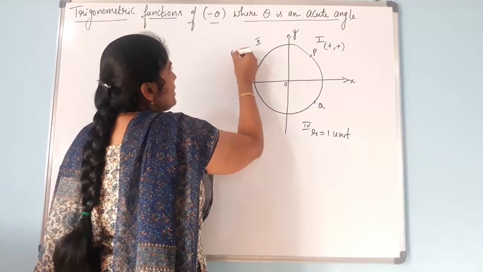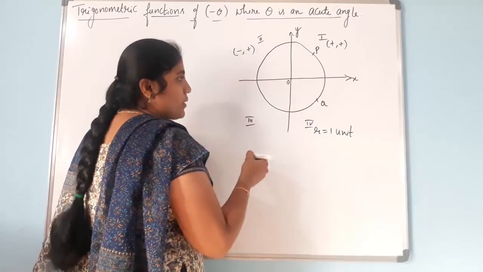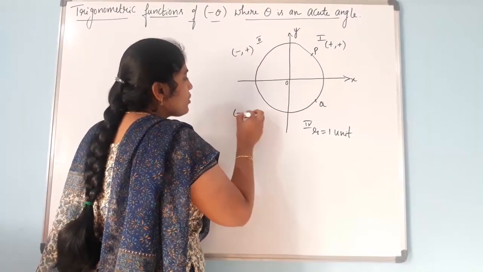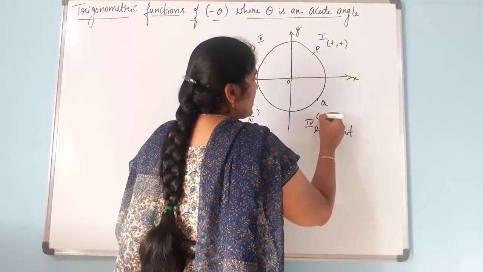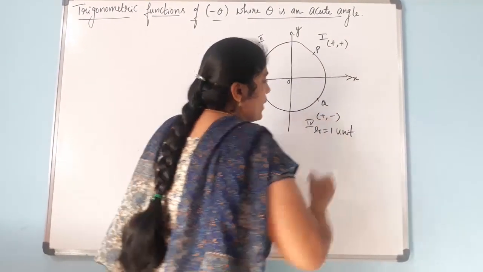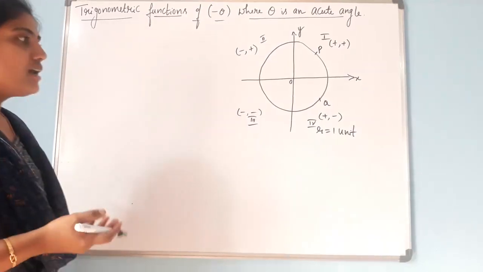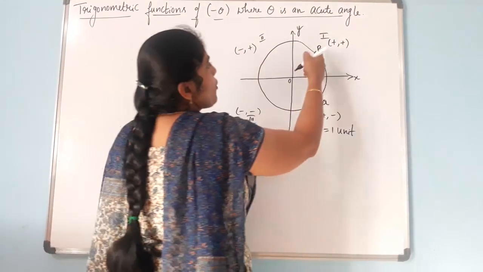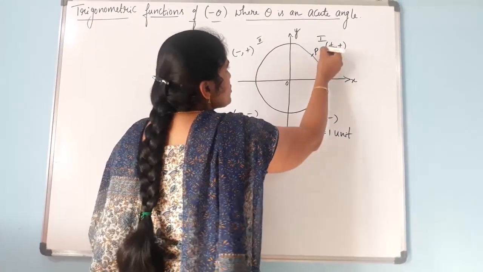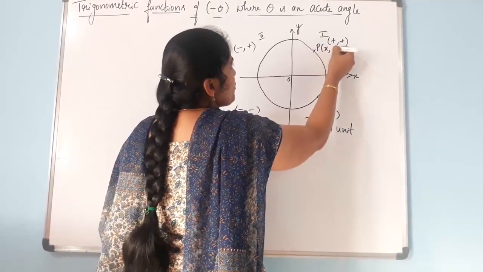In the second quadrant, x is negative, y is positive. In the third quadrant, both x and y are negative, right? So in the fourth quadrant, x is positive, y is negative. So these are the sign notations that belong to the quadrants. So here, since point P is in the first quadrant, let us take the coordinates of point P as